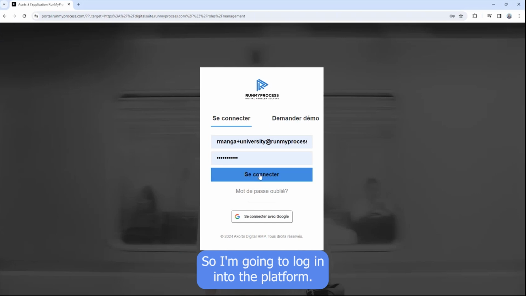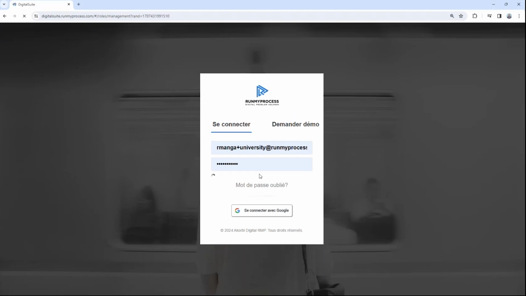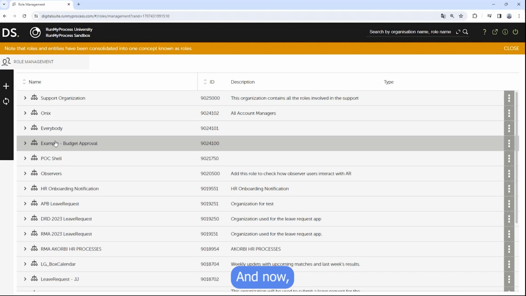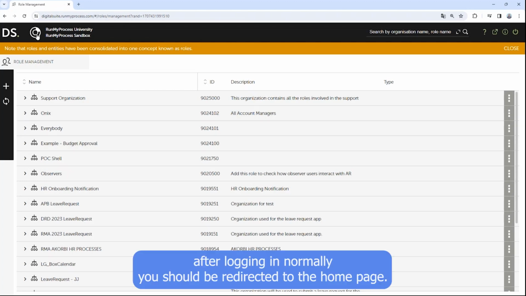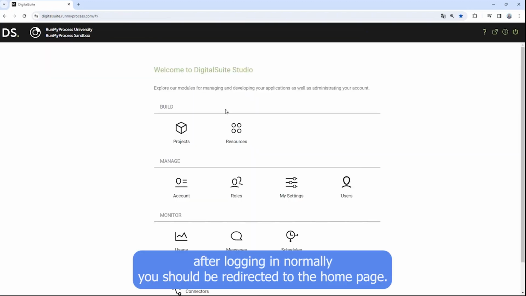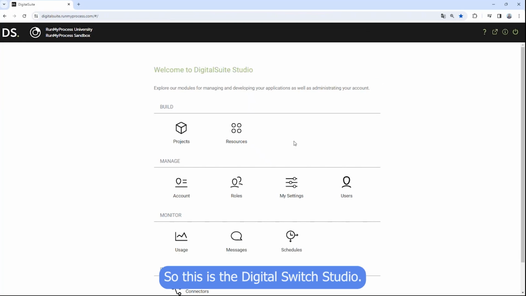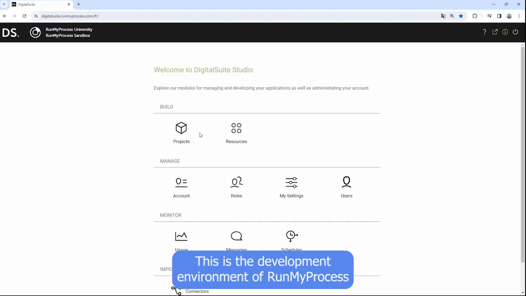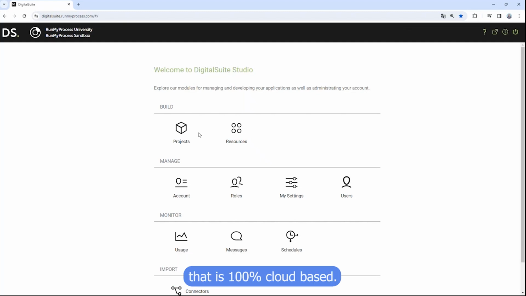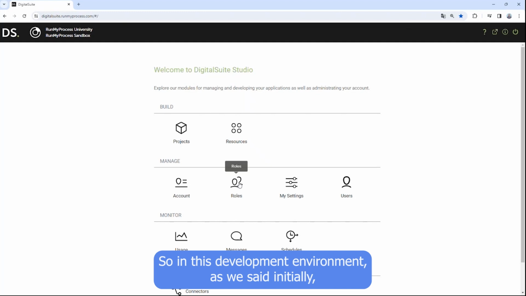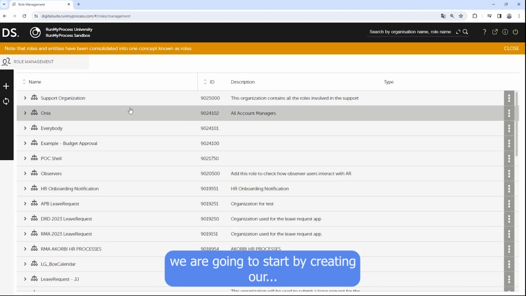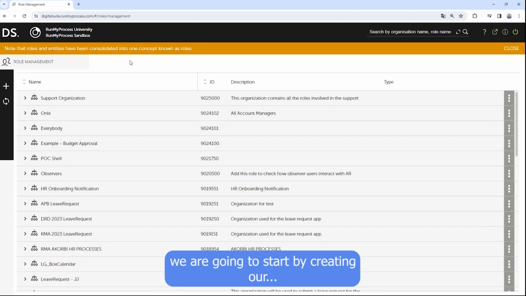So I'm going to log in into the platform. And now, after logging in, normally you should be redirected to the home page. So this is the Digital Suite Studio. This is the development environment of RunMy process that is 100% cloud-based. So in this development environment, as we said initially, we are going to start by creating our